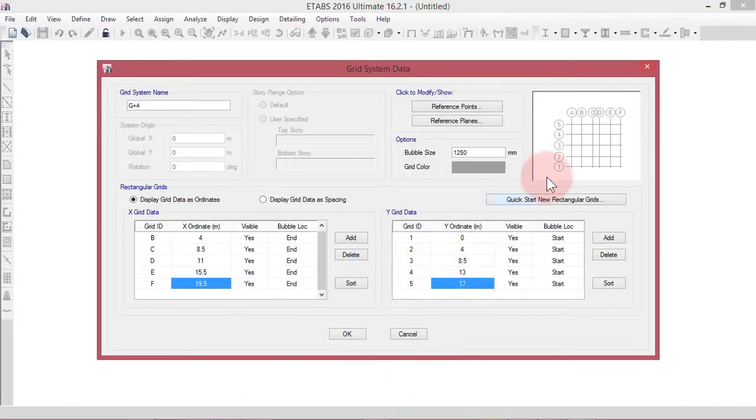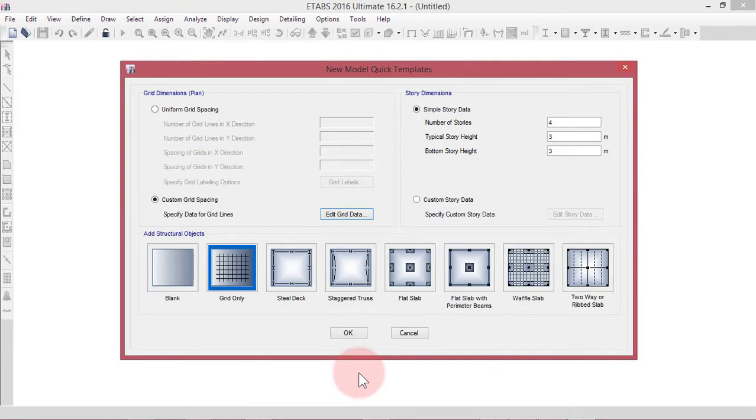Whatever we have given has been updated here, you can see. Now click on OK, and now we have to give the story dimensions.